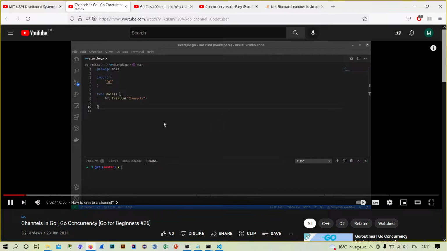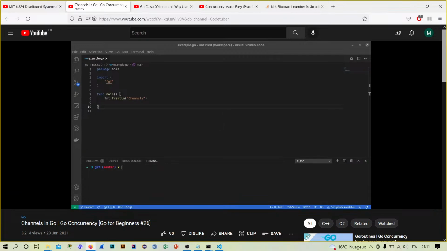And it's very simple and straightforward. We have to use Go's built-in make function, which we had also used previously to create slices, maps, structs, and so on. So let me show you how. I simply declare a variable, let me call it ch, and then I say colon equal to make, and then I give the data type. In this case, it will be a channel, chan, which is